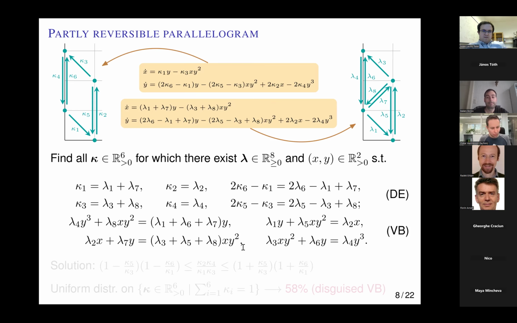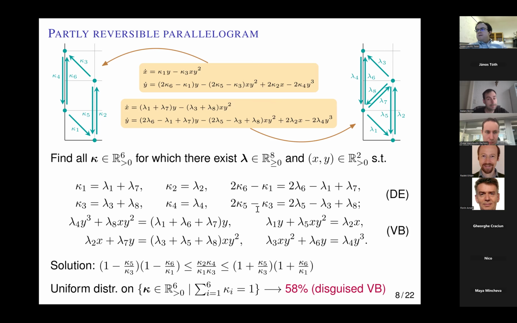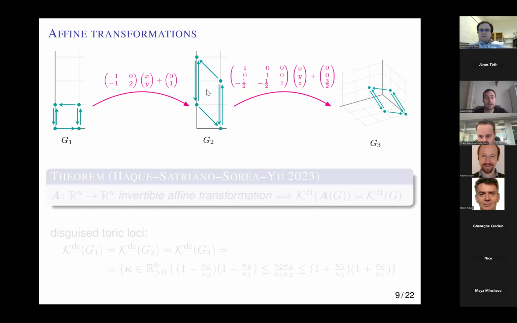And if I solve this, then it turns out I get the same solution as for the previous one. And so I get the same 58% of the simplex as the disguised vertex balanced locus. Turns out this is not some coincidence or pure luck, but there's a good reason why I got the same in these two cases. It's known since 2023 that once I have a network, a Euclidean embedded graph, and I have another one,